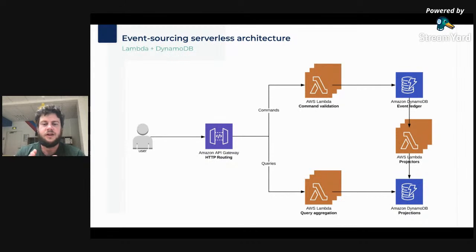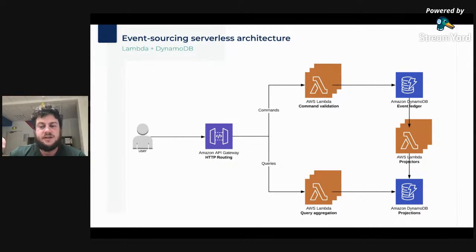alert aggregate. Whenever you run a command for a specific alert, for example, closing an alert, the specific Lambda will be triggered by API Gateway based on the routing of the HTTP request. And before this event is inserted as a new row in Amazon DynamoDB, the Lambda will build the state of the current alert impacted by this close command, using DynamoDB existing events on the audit log to build a state temporarily and check if it is in fact allowed to play this close event or not.